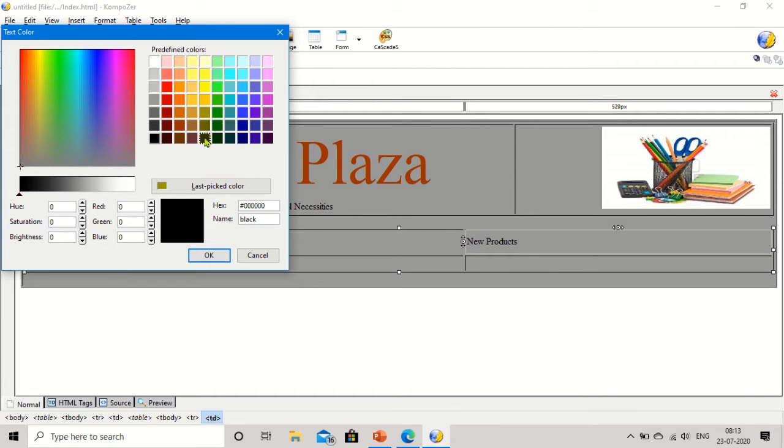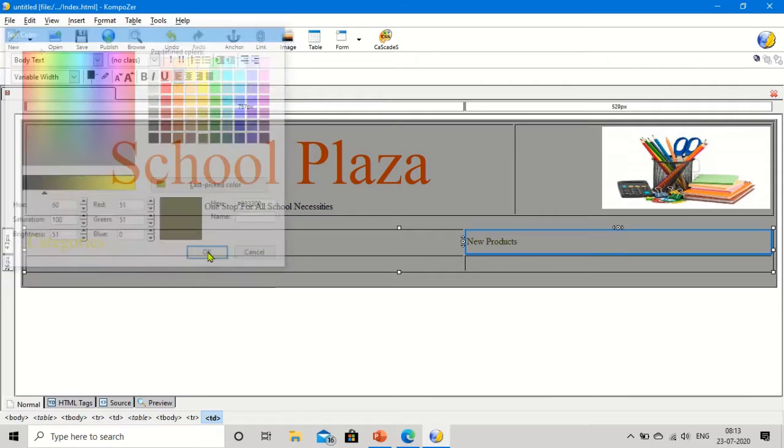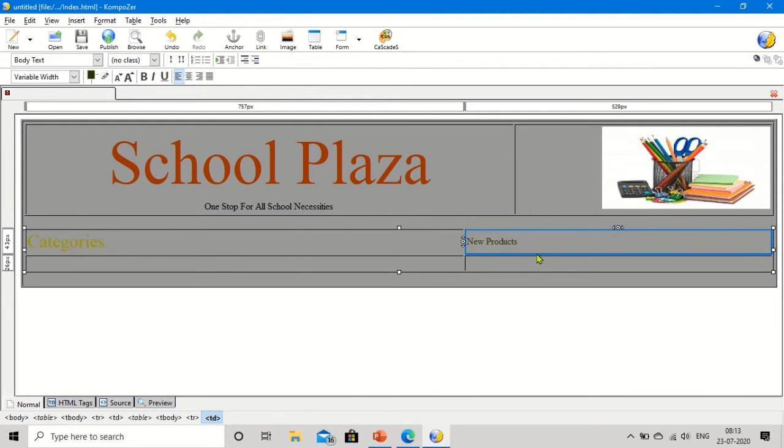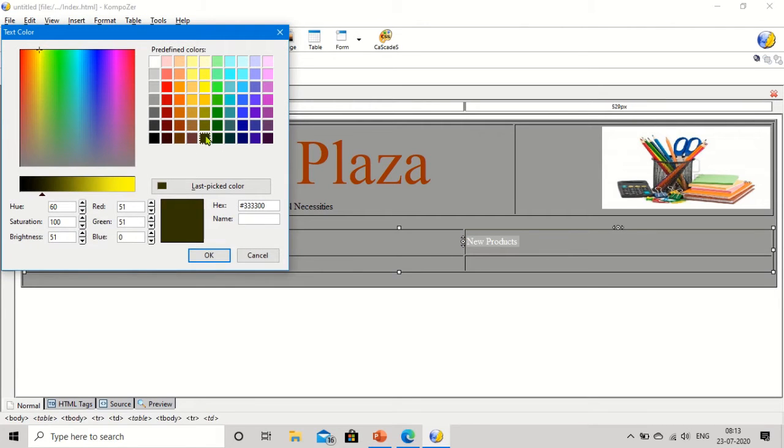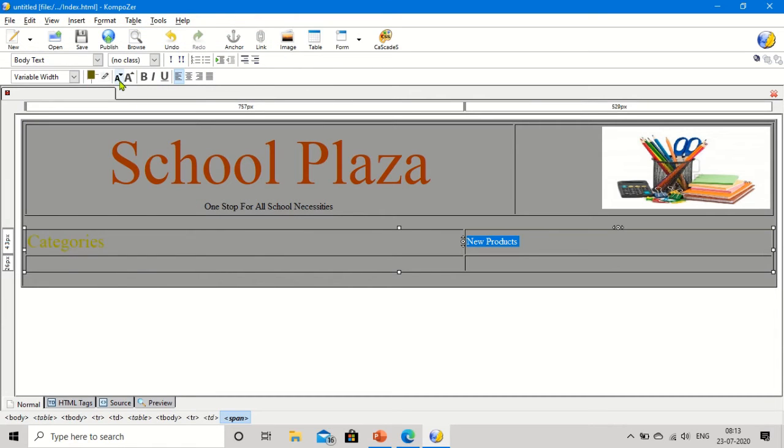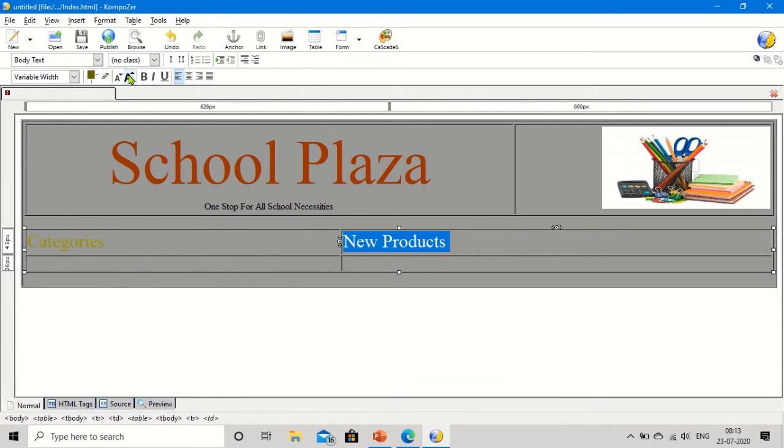So now I'm going to take another color and select this product first, then new product, then go for changing the color. Yeah, take in this color and so, and let me make it bolder. So I'm going to make it bigger first, then I will make it bolder.